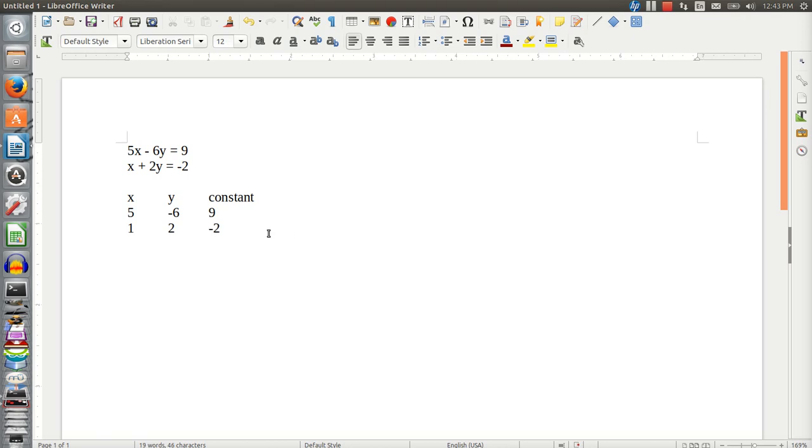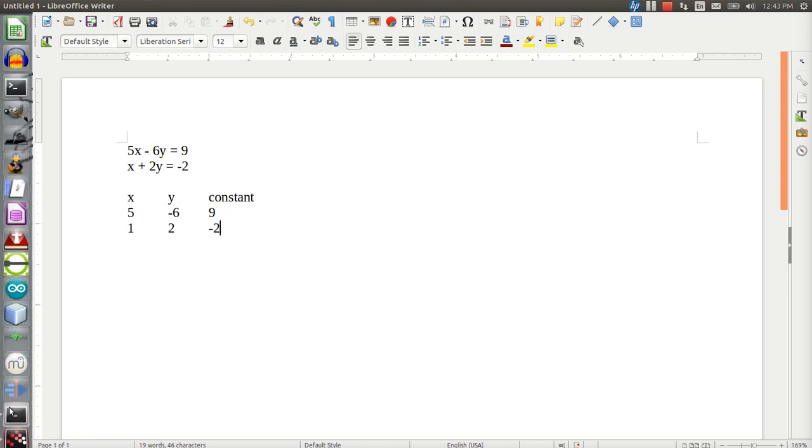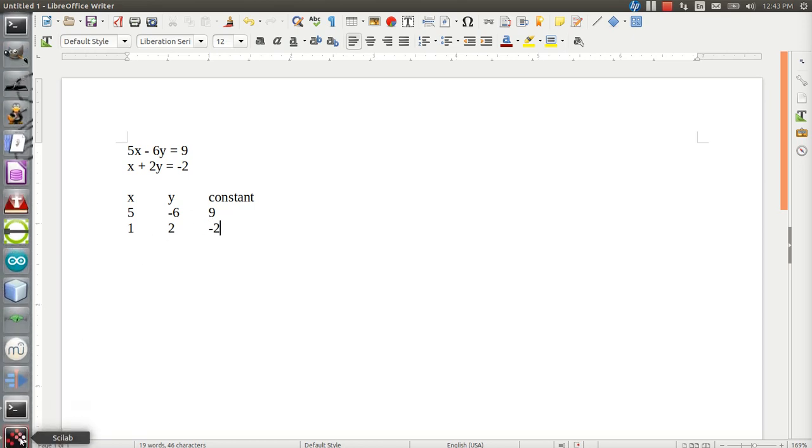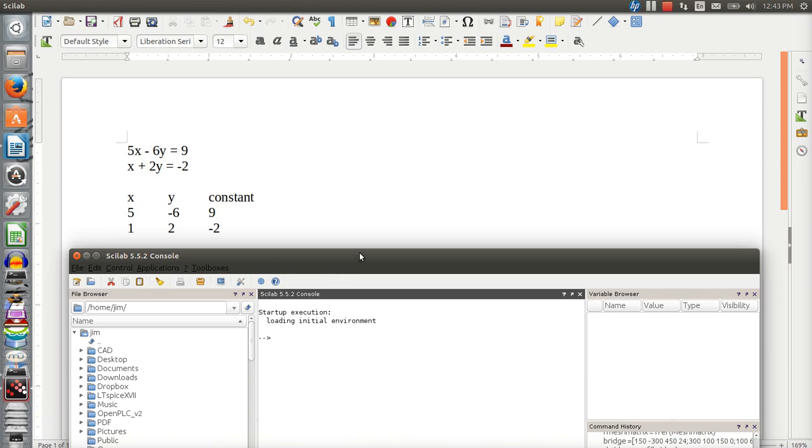So I've come up with a matrix, and what I've got here is 2 rows and 3 columns, and I'm going to solve that. I'm going to use Scilab to do that, and I'm going to enter this matrix into Scilab, and then I'm going to tell it to just solve it. Okay, so